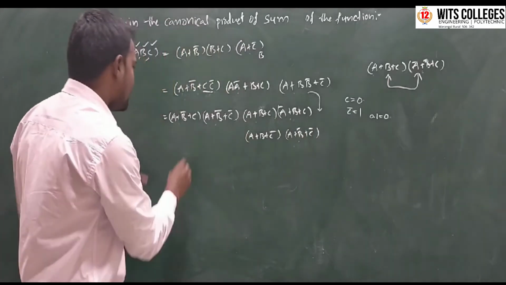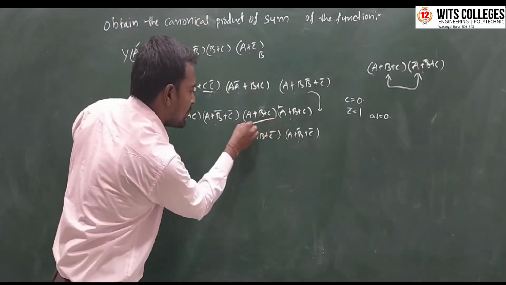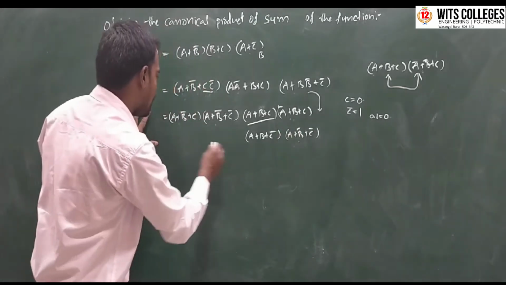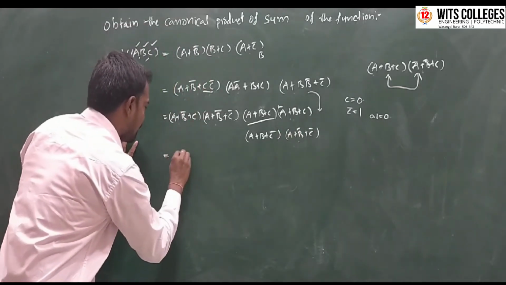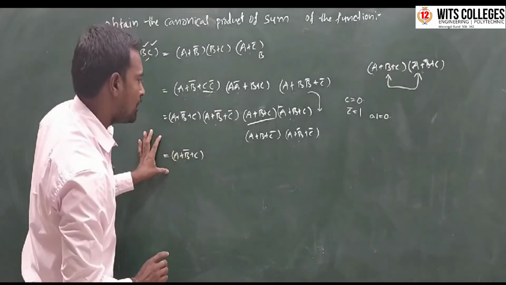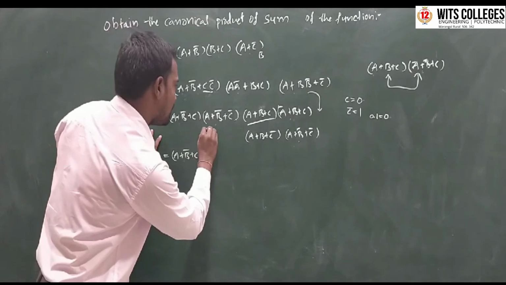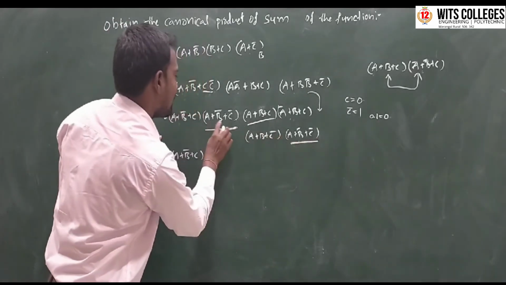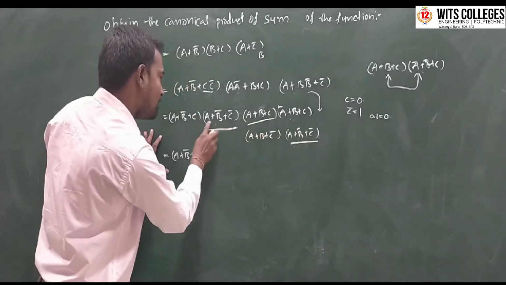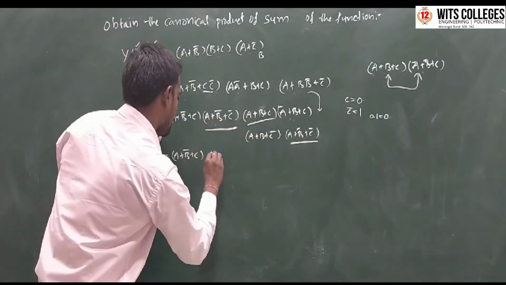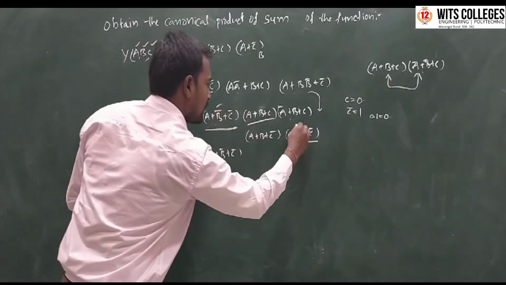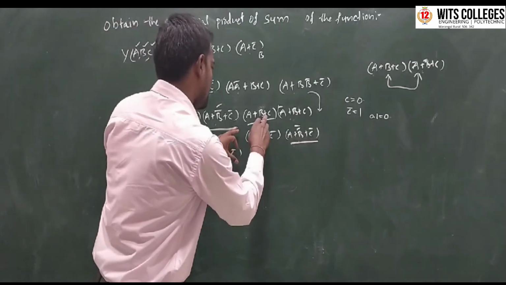Okay, so here a plus b plus c is here, and again there is no common term here. So finally we can write (a + b bar + c), (a + b bar + c), and this term is repeated here, (a + b bar + c bar), (a + b bar + c bar). So that's why we can simply write (a + b bar + c bar), and these two terms are completed.